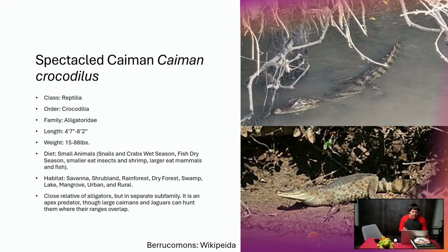Also, we were there during the dry season, which is not as dry as you would think in a rainforest, but yes, it was the dry season. It actually didn't rain the whole time we were there, which was quite surprising, because even though it's dry season, it's not that dry. So that was really lucky. And then